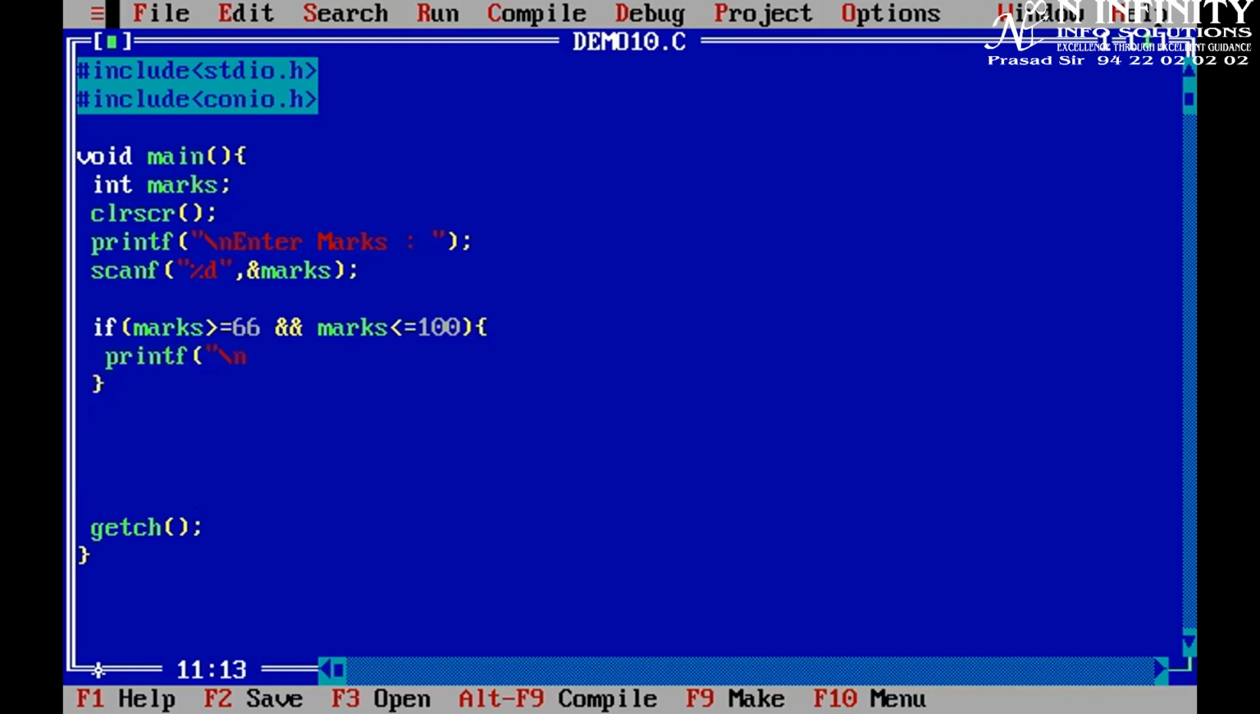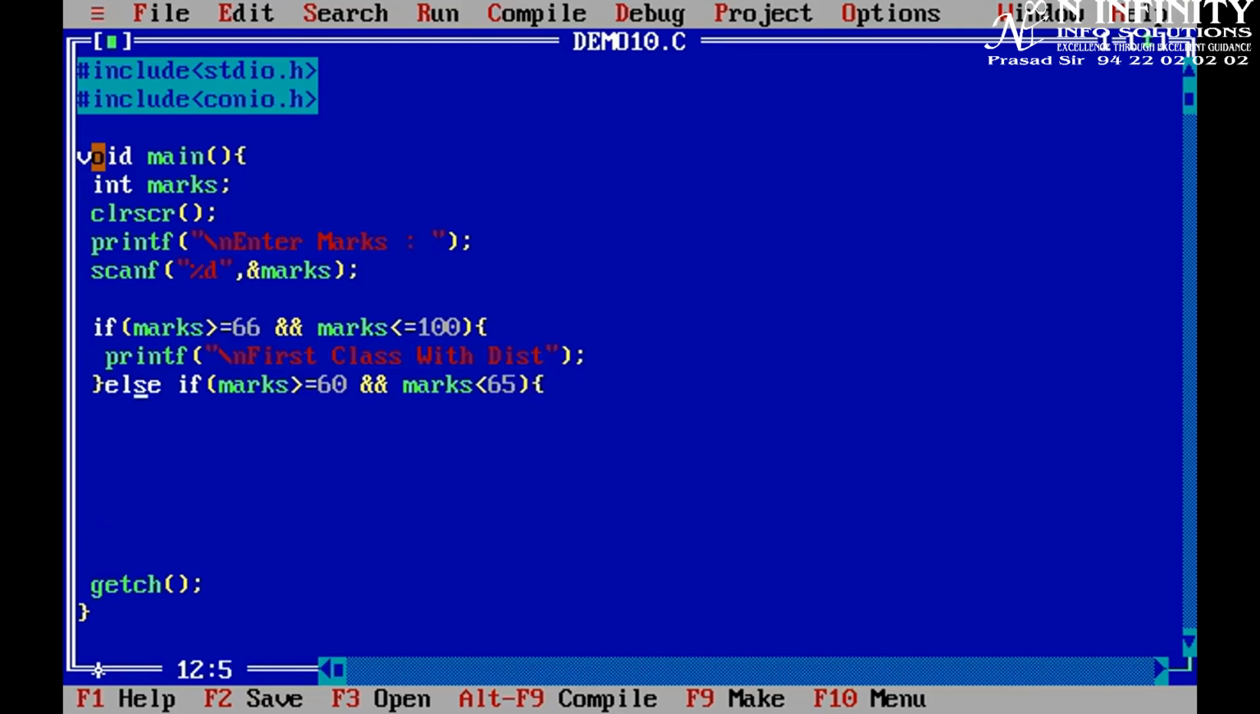printf first class with distinction, right? Now in else we'll check another decision: if marks is greater than or equal to 60 and marks is less than 65. Sorry, marks is less than 66. So that we can go on printing printf